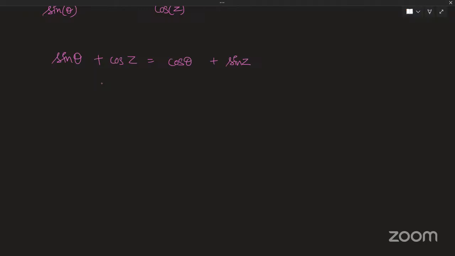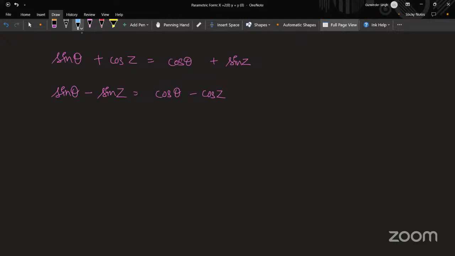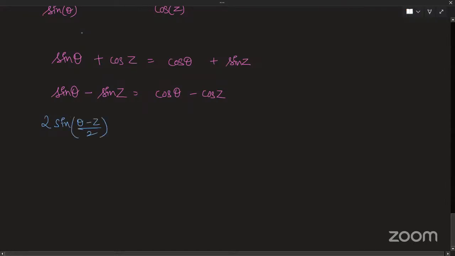Okay. So I can just take it out this side. Can you tell me sine A minus sine B? What is the formula of sine A minus sine B? So I've got sine theta minus sine z. So it will be 2 sine of (A minus B) by 2 into cos of (A plus B) by 2. This thing can be written as minus 2 sine